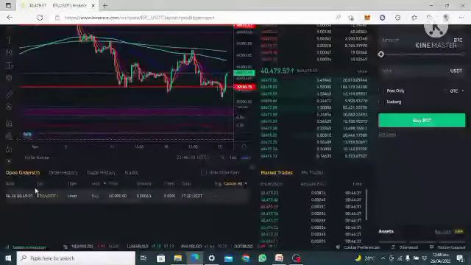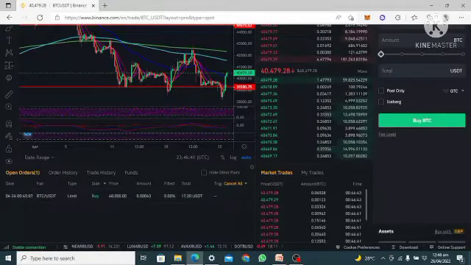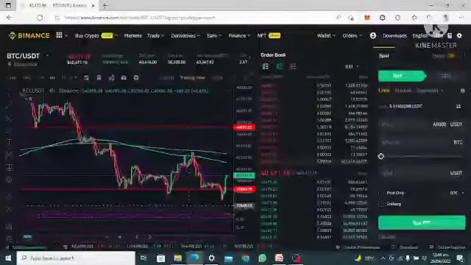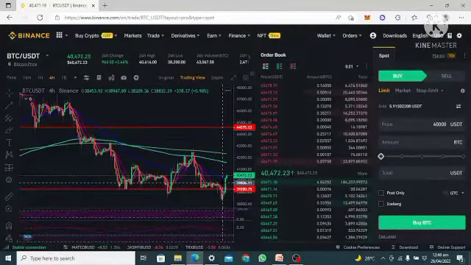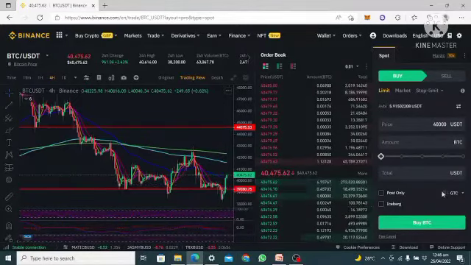That is why you can see at the moment it is at open order. When this order is filled, you are going to see it change to position. Now you are in a position, you are having a position in the market. You have an asset that you have already bought, and you are going to be trading now. So that is what that means.